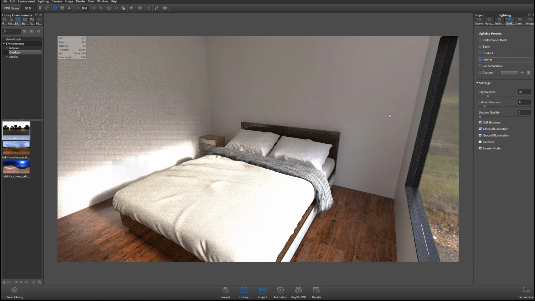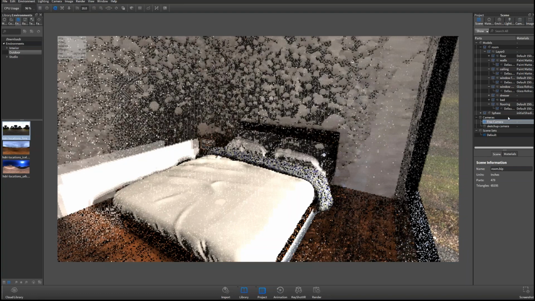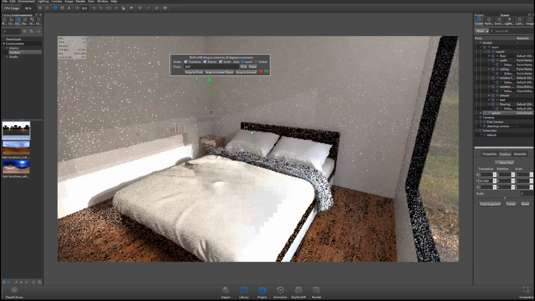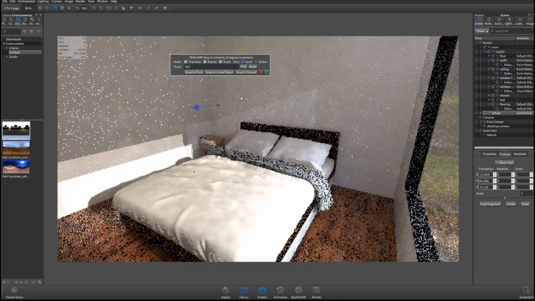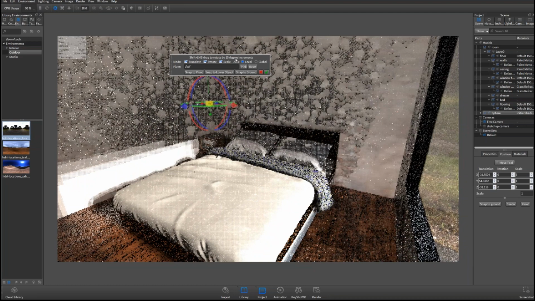Well, what I'll do here is I'll go over to my scene tree, and let's go ahead and add a sphere to our scene, right? And we're doing that. I'll click that, and I'll use the move tool, and let's just add the sphere. And let's place it approximately over in this corner. Let's say there was a lamp right here. I didn't model the lamp in, but let's say there was a lamp and it was going to be sitting in this corner, right? Well, what I'll do is I'll double click on that sphere, right?